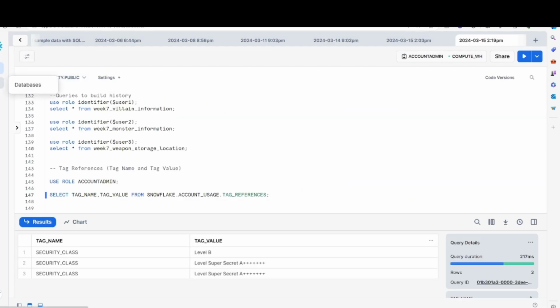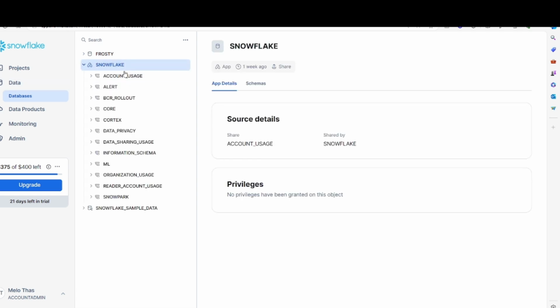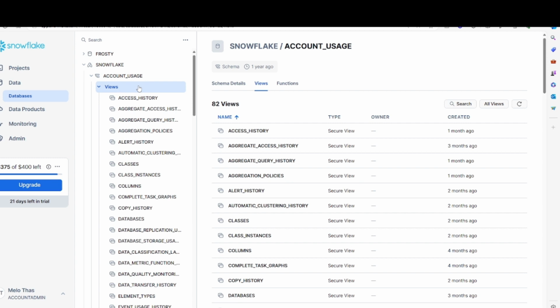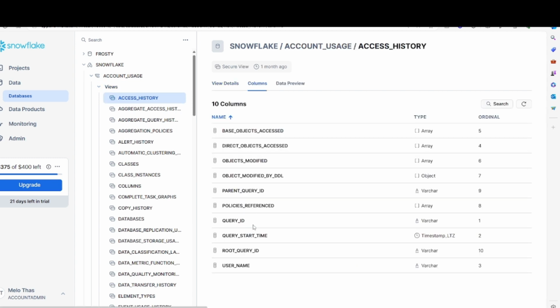what we can do, I think pretty much, if you're going back to this database here, right? If you look into this database under account usage, account views, let's see access history. You could use the query ID, to be fair, anywhere, but I'm just going to use access history, right? So I'm going to use the access history view in order to see the results, right? Let me just quickly see what the access history entails, right? So I'm gonna go back to